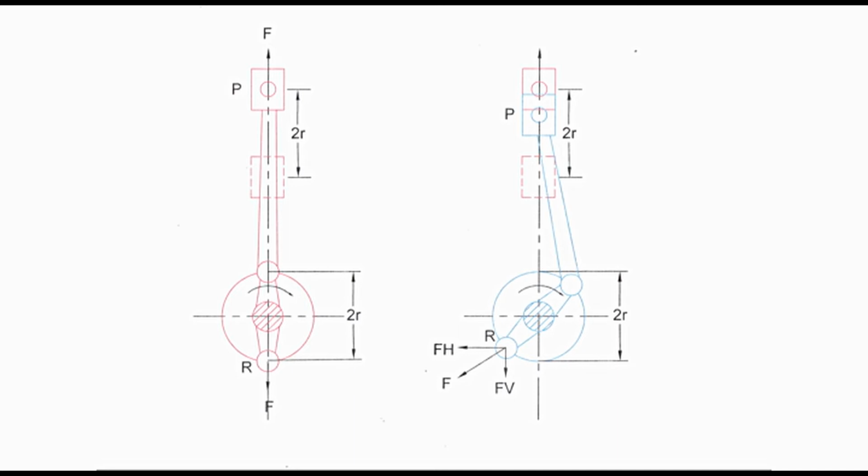The exercise is not useless. Actually, it encourages attaining a compromising situation. A smaller balancing mass is used. This reduces the imbalanced force in the vertical direction as shown in the diagram on the left when the piston is at TDC or BDC. It produces a smaller imbalanced force as shown in the diagram on the right when the piston is in the middle of the stroke. This is in the horizontal direction.